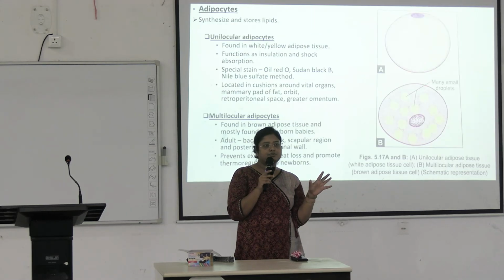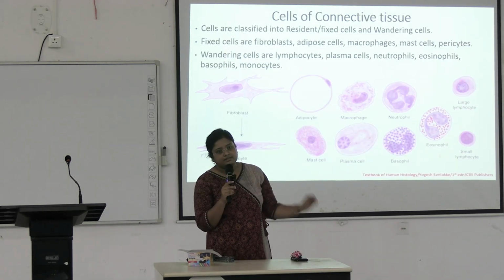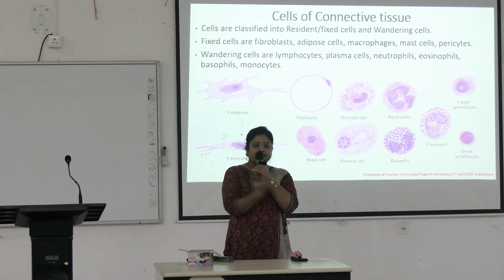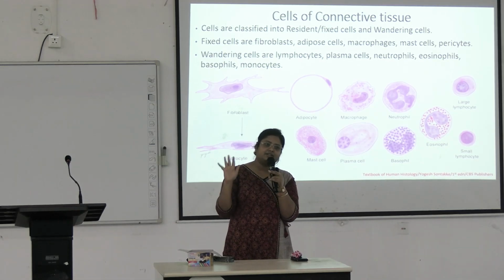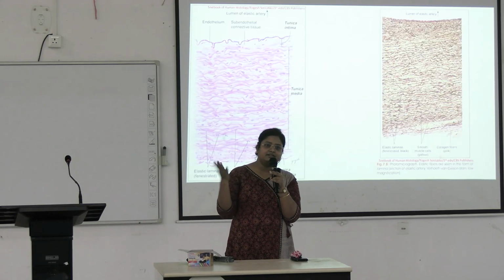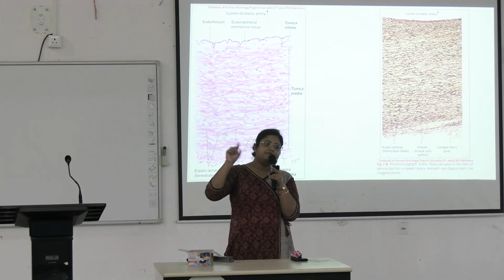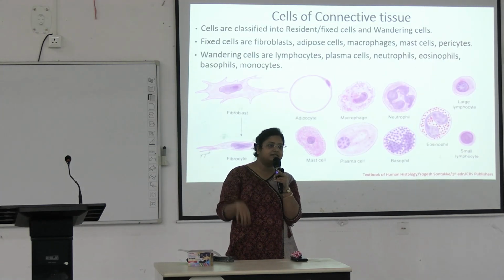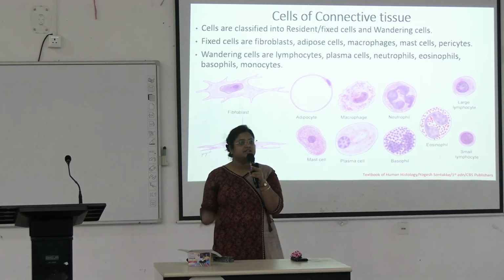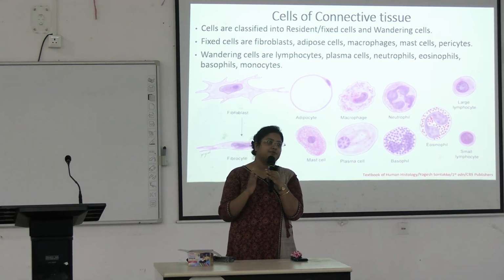Understood? Any queries from this topic? Thin skin has hairs. The whole of the body is covered by thin skin except two areas, palm and sole. They do not contain any hair, as you can see. In thick skin the keratin layer will be very thick, and in thin skin the keratin layer will be thin. Okay, understood? That is the difference, because they are exposed to more shearing force.